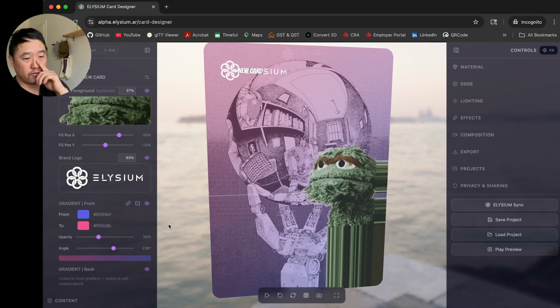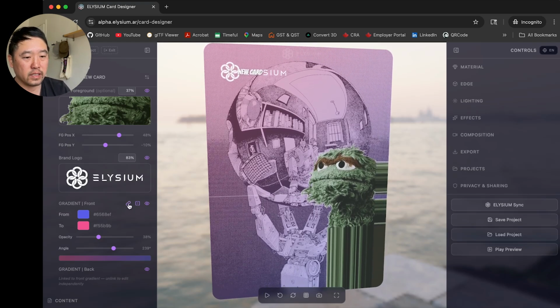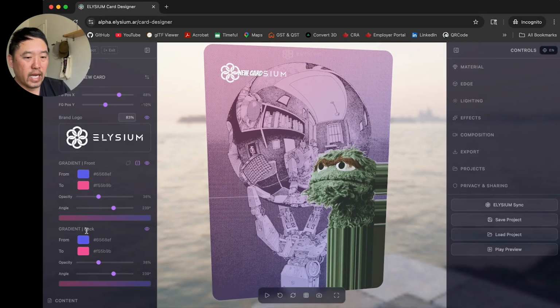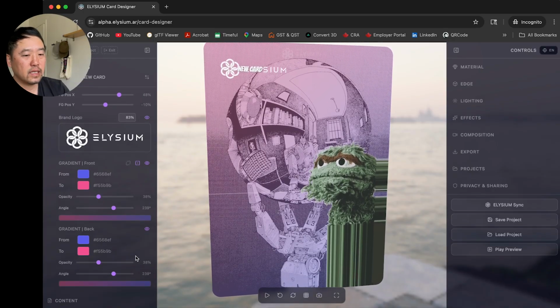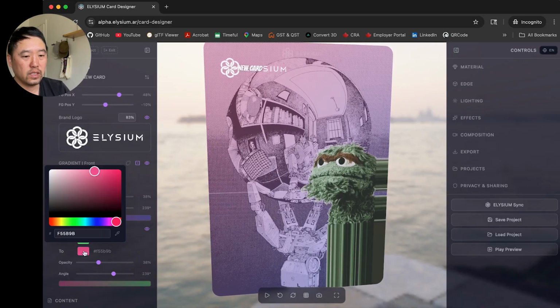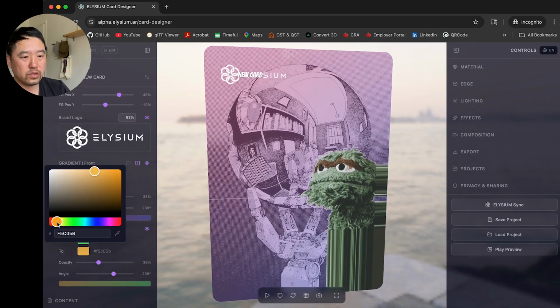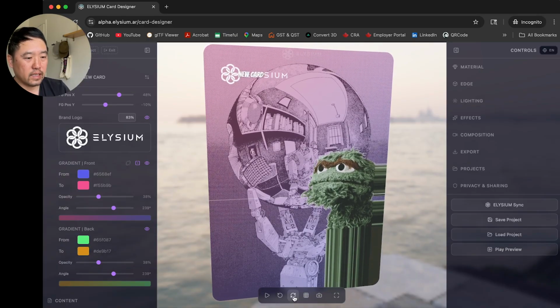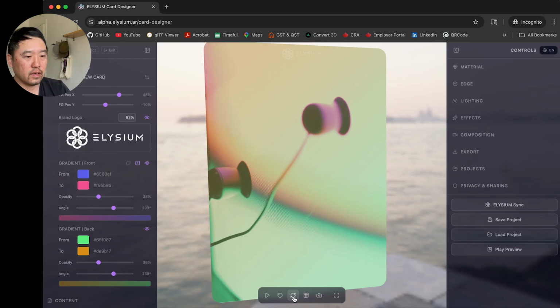Now you have the option of doing separate colors for each front and back face by unclicking this link, and then you'll see that the back face gradient has the same interface, and you can change the color. It can be separate colors. For example, if we do green and orange, right? You'll see that it's a different color on top of that.